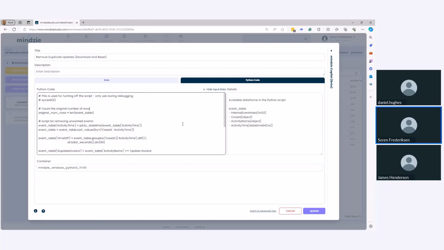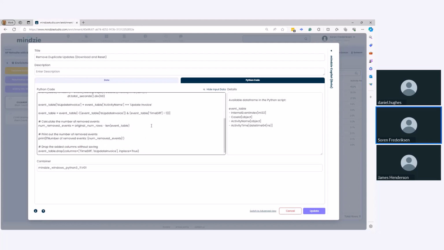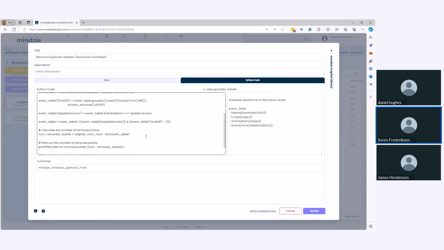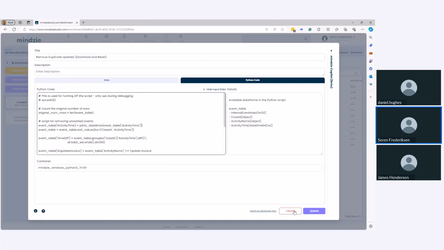One of the things you can see is a little trick we've done here also. If you want to run any of this without having all the Python script run, you can just exit the Python script. The enrichment will still run, and you can get the enrichment without Python. We've done this quite often. And one of the things I want to show, because now this is getting more complicated, is that running code in our environment is obviously not the best solution. It wouldn't be a good experience to write code here, run this, wait for the pipeline to finish, and then see the errors. So one of the things